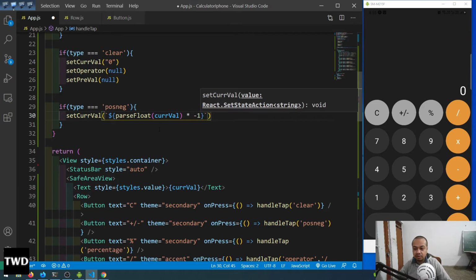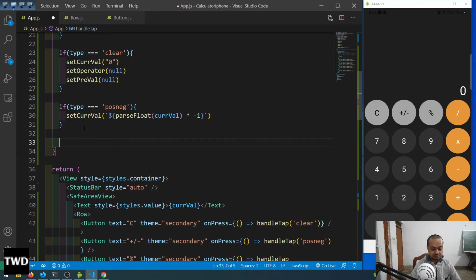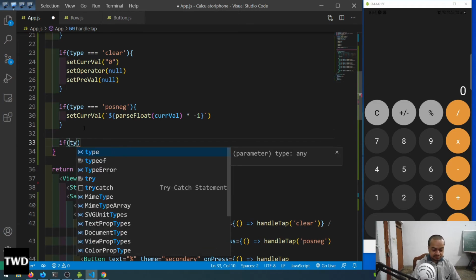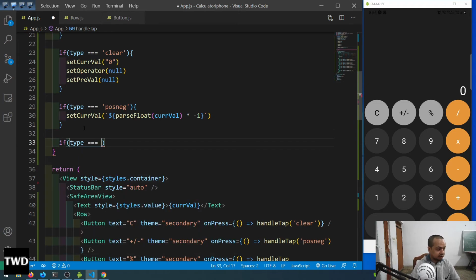So this positive negative, that's the minus thing. So if it is negative, it will do positive. If it is positive, it will do negative. And then if type triple equal to percentage,